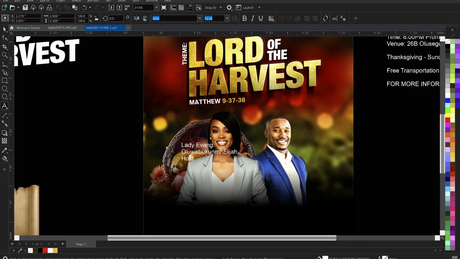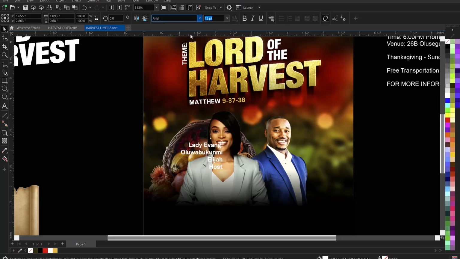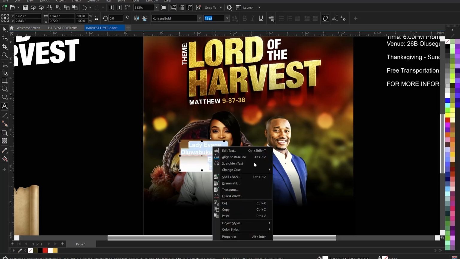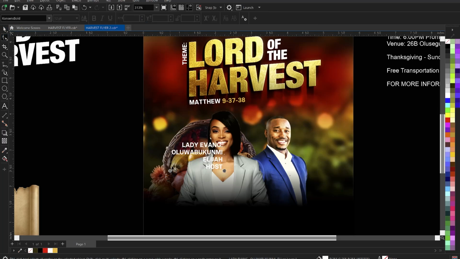Olubukumi Elijah. Let's put it to the right alignment, and then we use the font consent. Let's change it to capital letter. Right click and come to change case, right? And then we take our shape tool and then take it up like this,